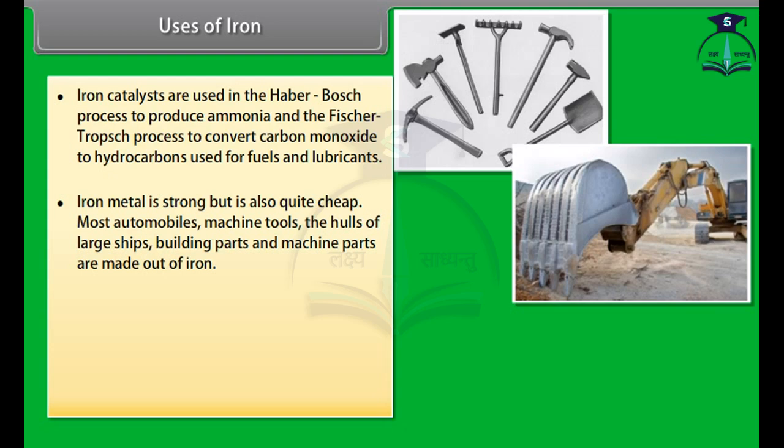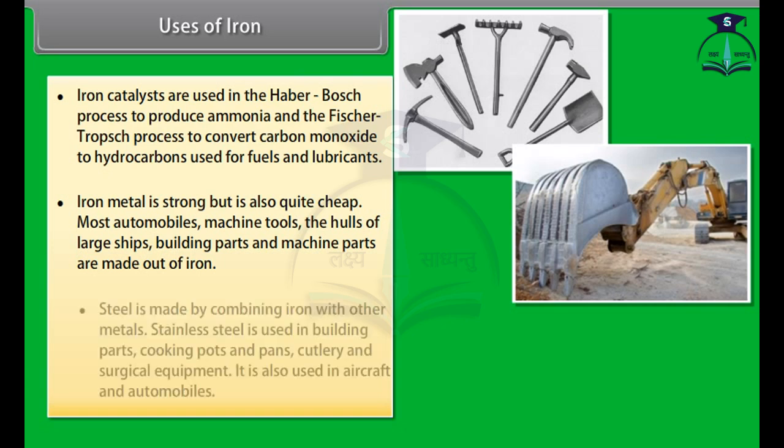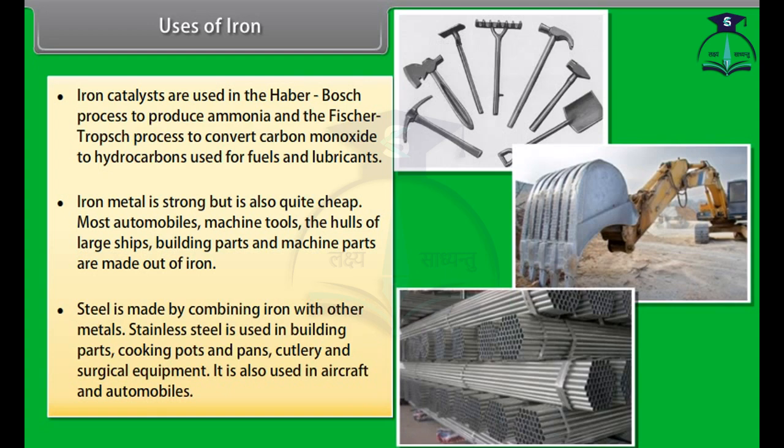Most automobiles, machine tools, the hulls of large ships, building parts and machine parts are made out of iron. Steel is made by combining iron with other metals. Stainless steel is used in building parts, cooking pots and pans, cutlery and surgical equipment. It is also used in aircrafts and